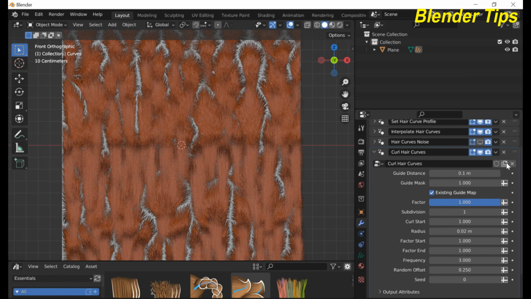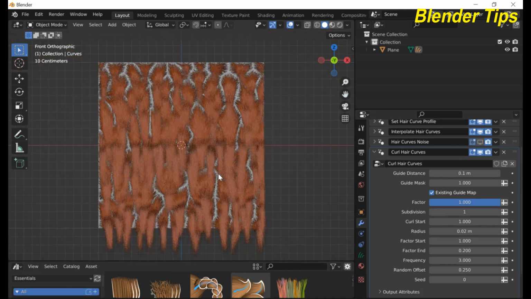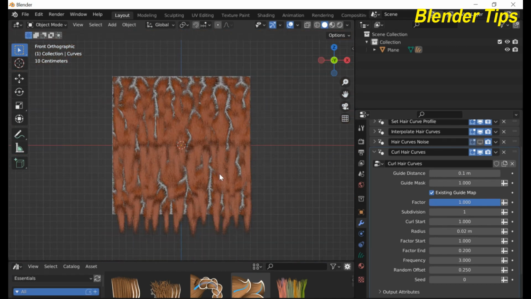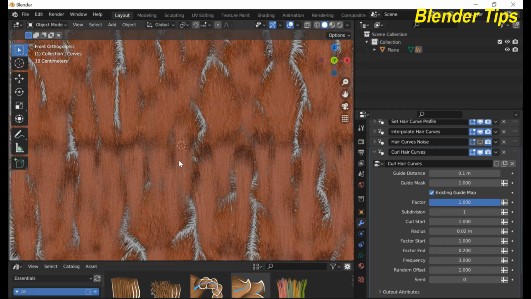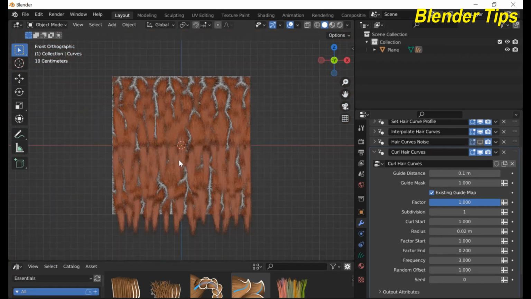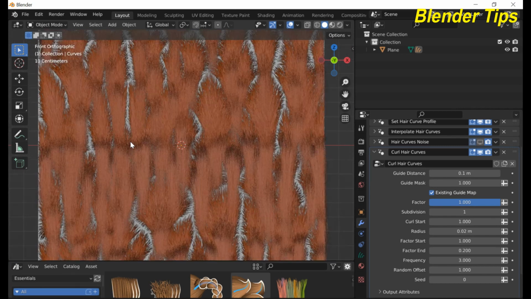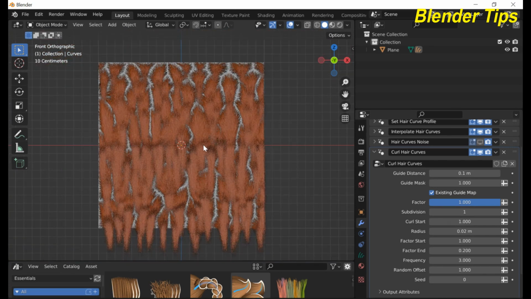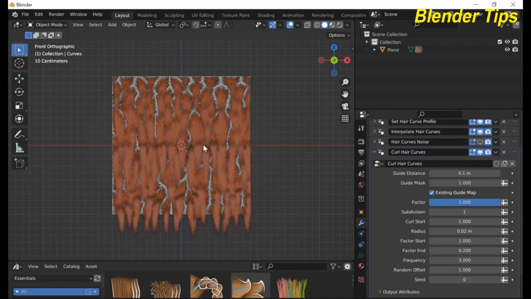And also I change this value to 0.200 to see some more effect, and also increase the randomness. Nice. By using the curl hair modifier we can create curly hair,